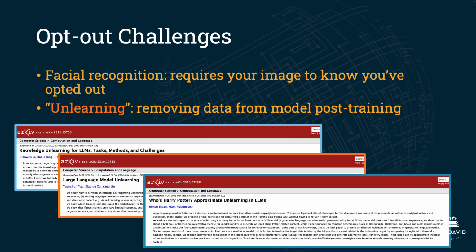Similarly, at least at the time of recording, this idea of unlearning or removing data that the model has already trained on is unfeasible. I've provided a couple screenshots here at the bottom with a number of different studies that have tried this. And it seems like with some unique cases, this is possible. And so the third screenshot at the very bottom, the one with the article titled, "Who's Harry Potter? Approximate Unlearning in LLMs," what these researchers did, they were able to get the large language model to unlearn Harry